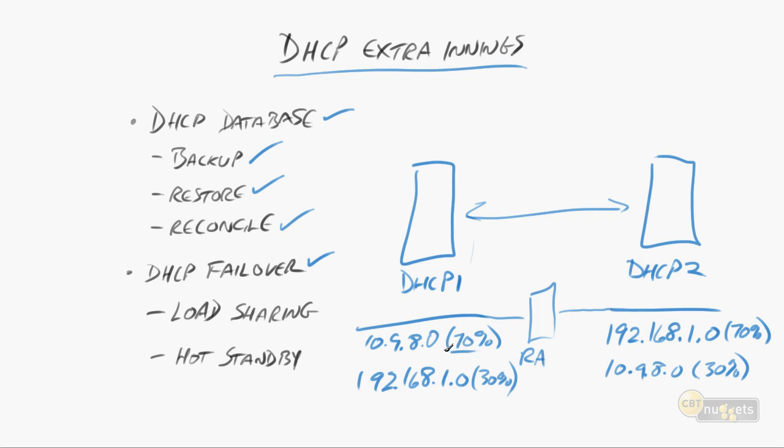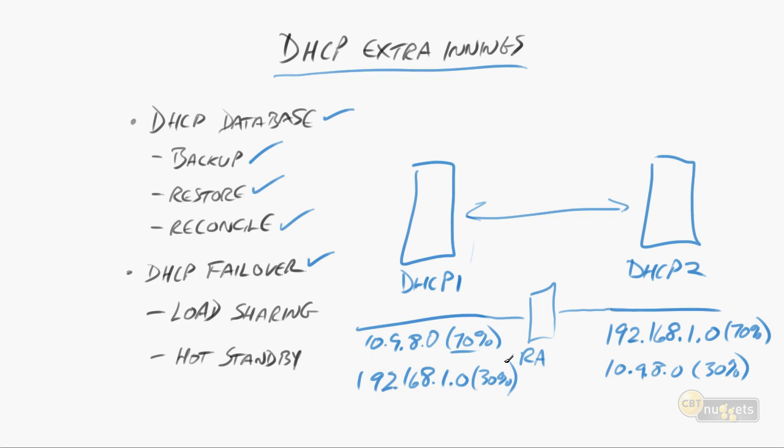Anyway, I expect this DHCP server to issue the addresses most of the time, therefore I'm giving it the majority of the addresses, and it's probably going to hold true that it will, because even though this DHCP server will hear the broadcast because of the relay agent, it's going to be slower just because of this little hop right here, and therefore this server over here will probably issue most of them anyway. Okay, so anyway, this is called a split scope arrangement, and then we reciprocate that on the other side by choosing to do